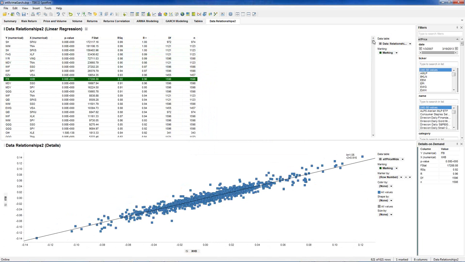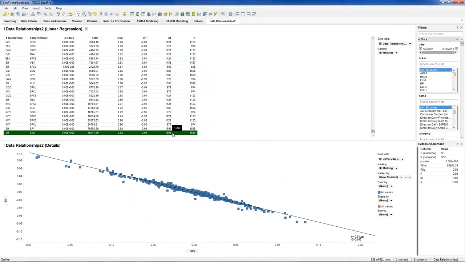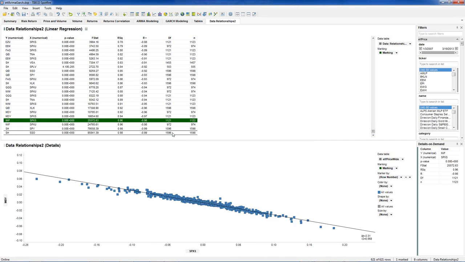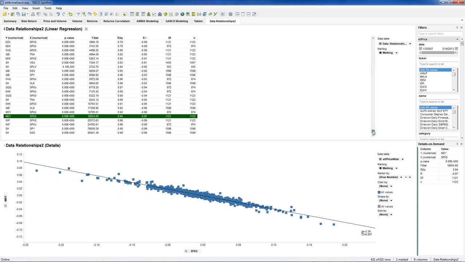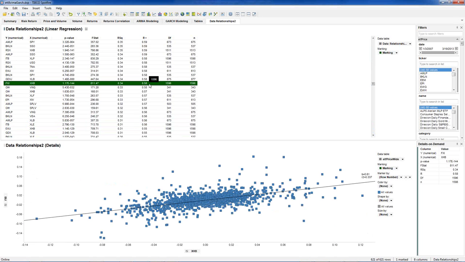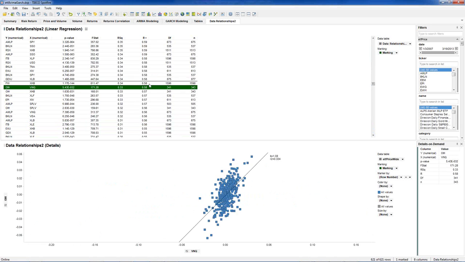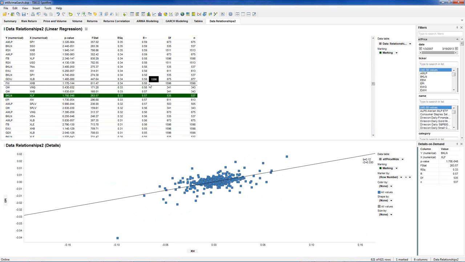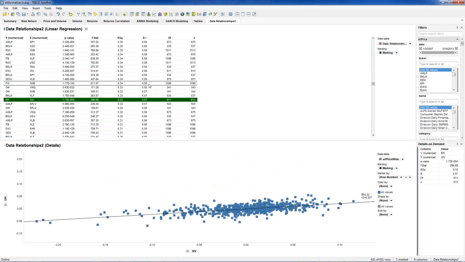Now, if I go all the way to the bottom, I should see negatively correlated pairs, right? So now the relationship is negative. And if I go somewhere to the middle, we should find things that are uncorrelated or weakly correlated. Again, this could help in suggesting candidates for different portfolios.